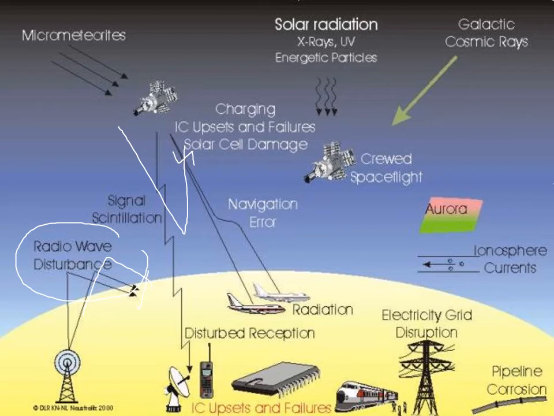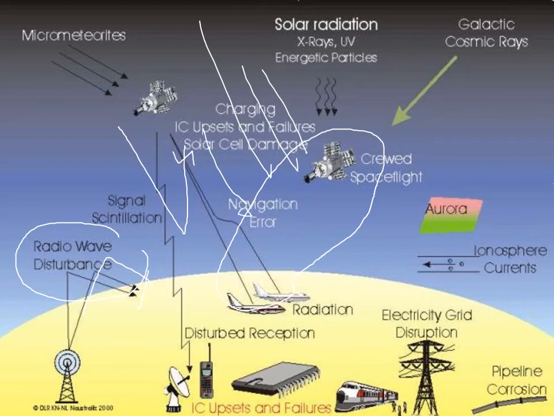Spacecraft or even aircraft that are at very high altitude can receive large doses of radiation. Again, during this event, anybody in a transatlantic airplane received between 1 and 200 chest x-rays worth of radiation just in the course of the flight. They actually ended up with other sorts of issues as well. They held flights, and they didn't tell the passengers they're not going to fly because it's radioactive. They called it a weather delay. And technically this is correct, because all these effects are called space weather.